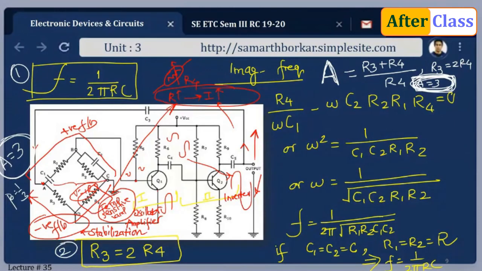So in this case, the voltage gain must be greater than or equal to 3. But normally we always have a voltage gain greater than 50, so this won't be a big question for us. I hope this is clear. In a transistorized phase shift oscillator, the gain is 56, so beta should be 1 by 56. Here, the gain is 3 and the beta has to be 1 by 3.